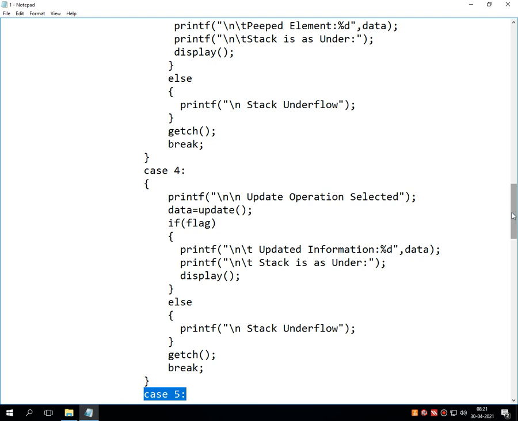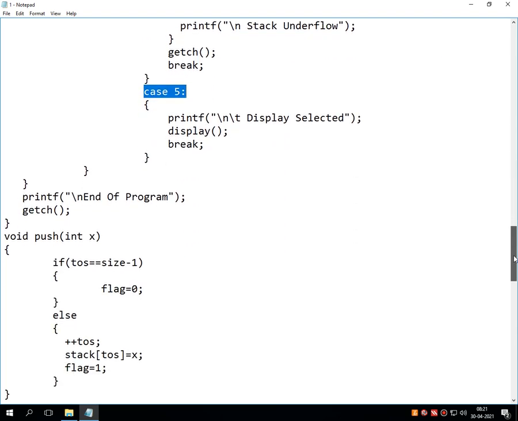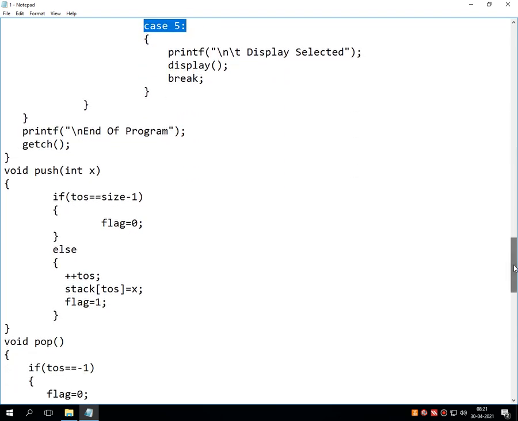Okay, again pause the video and write down the remaining lines from this opening bracket to flag equals 0.